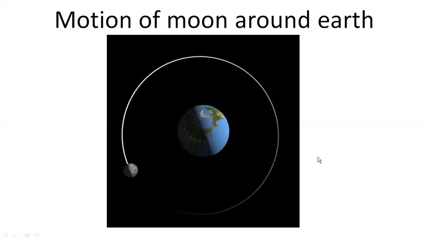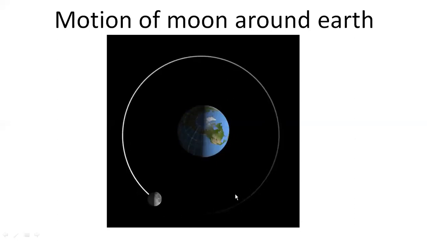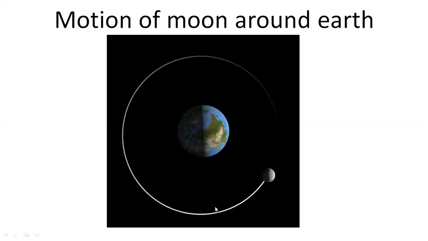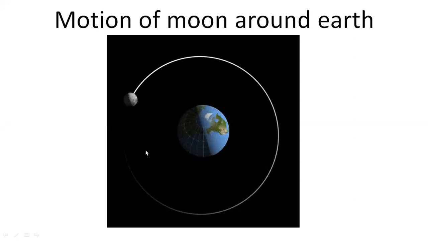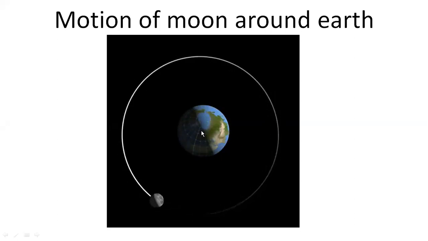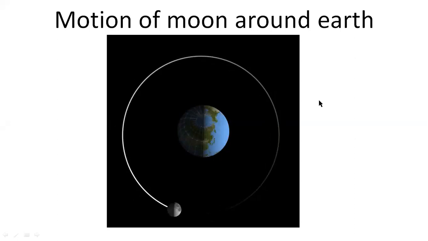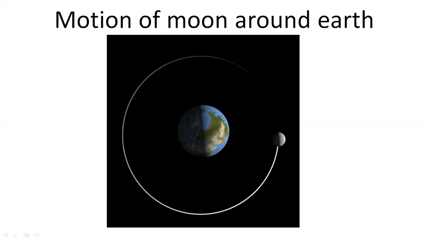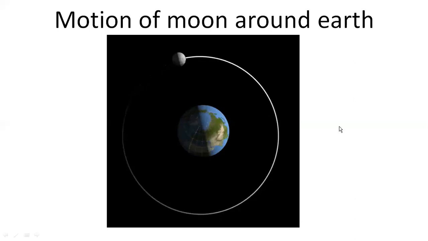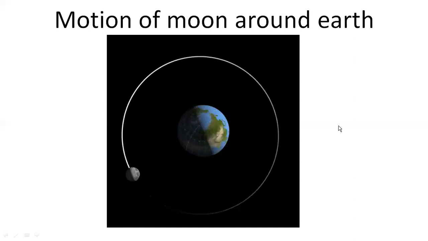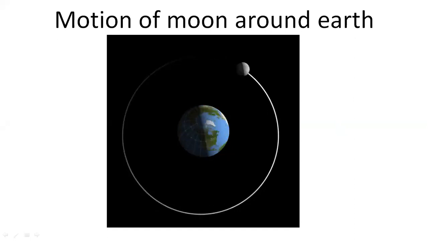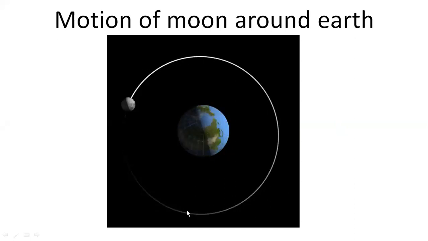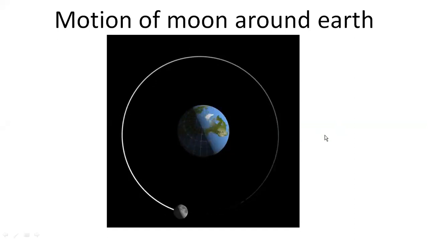And do not get confused. Sometimes students make a mistake here that they think that, sir, but the moon or any celestial body which moves around certain planets, they do not have a perfect circular path. They generally are elliptical, right? So in physics we generally assume that those are almost circle. Okay, I can understand those are elliptical, but in physics we generally assume that those are perfect circles so as to understand certain motions. So do not make that mistake here that these are traveling in elliptical paths. You just have to assume that they are almost circle. So you have to take it as a uniform circular motion example.